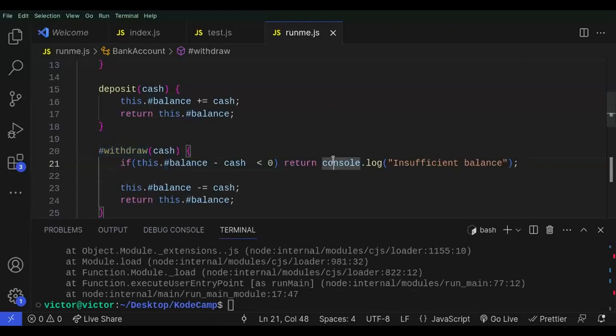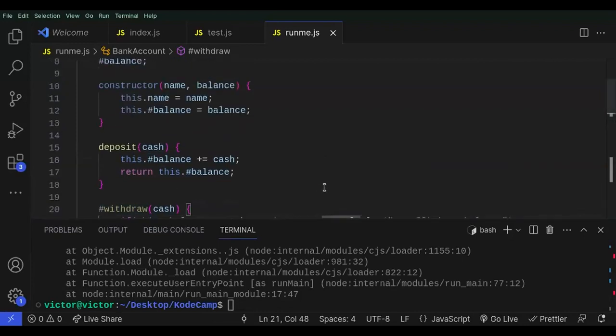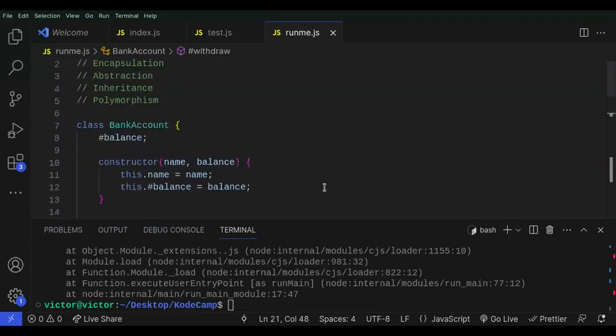This is my own question. Okay, ask your question. Before you put that hash in balance, the console printout was telling you that balance was not declared, isn't it? Before you put the balance up there with hash, it was telling you. So what I want to ask now, this hash balance,